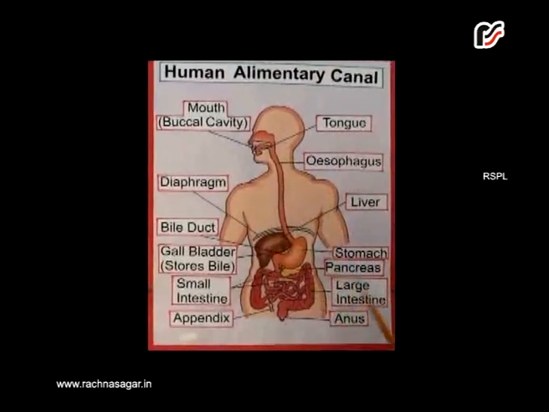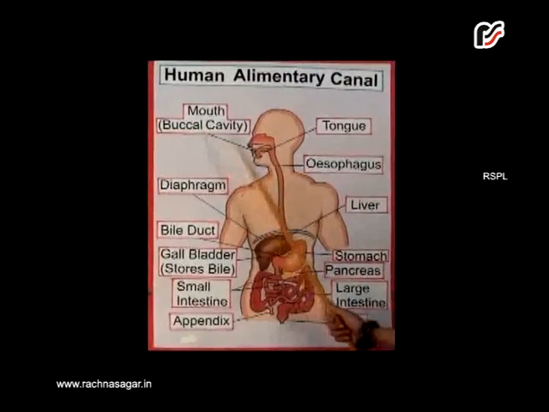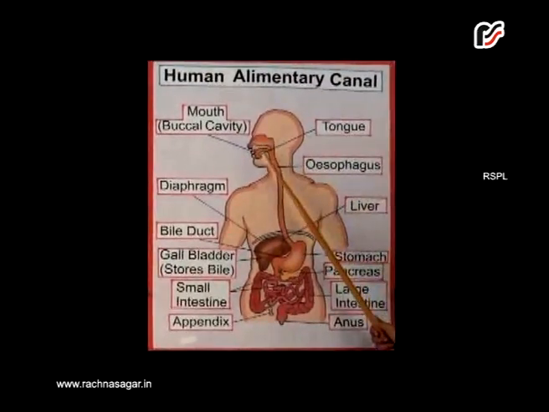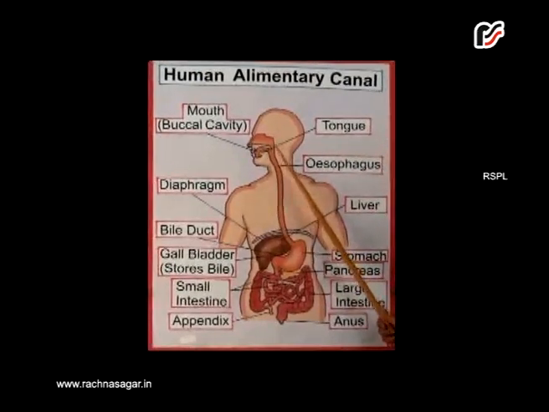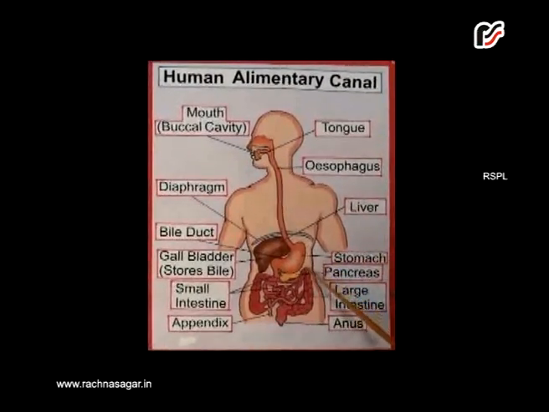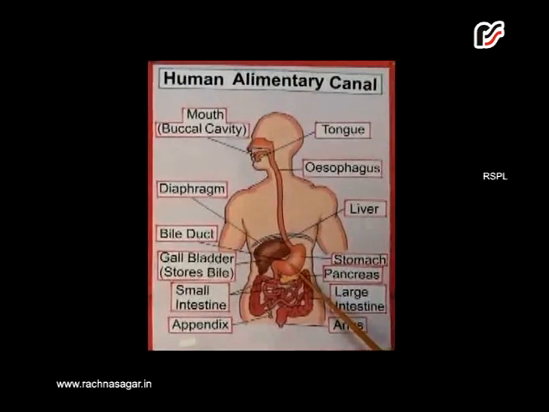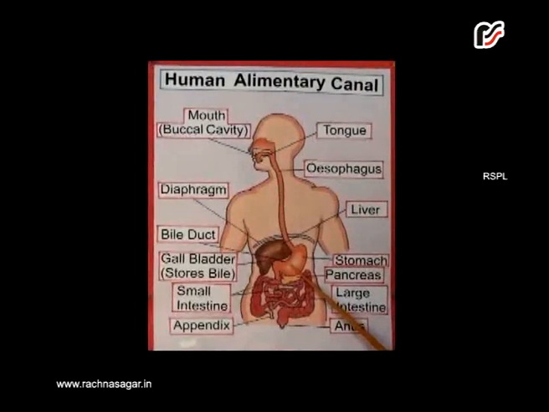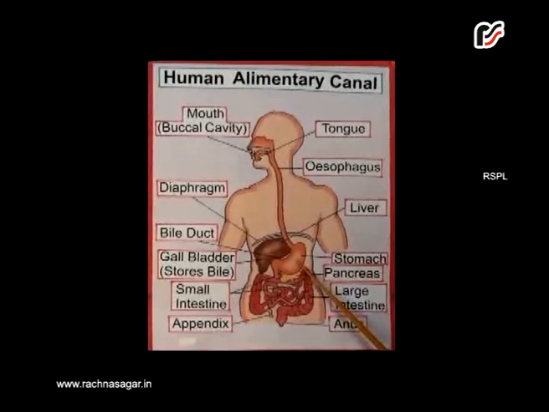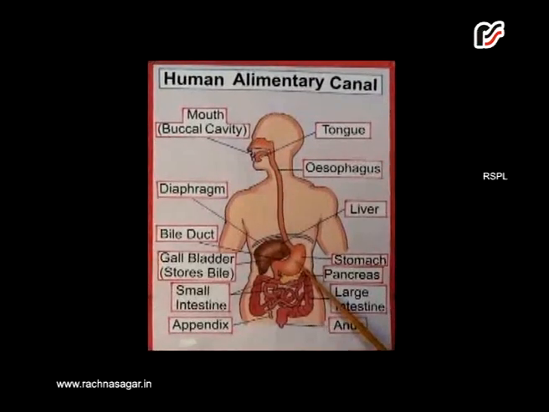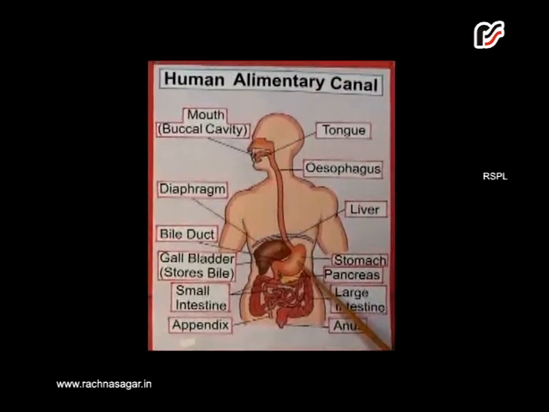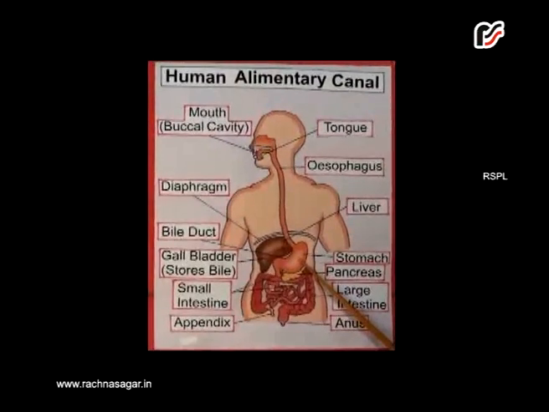Now let's briefly understand the functioning of all these parts. The buccal cavity helps in masticating the food, and the tongue helps in mixing the saliva with the food. Digestion begins here only. The esophagus carries the food from the buccal cavity into the stomach. In the stomach, gastric glands are present in the wall and release gastric juice. Digestion, which started in the buccal cavity, continues here, but it is partial. In the stomach, only one component is digested, that is protein, and that too partially. The gastric juice has hydrochloric acid, mucus, pepsinogen, and another enzyme found only in small children, that is